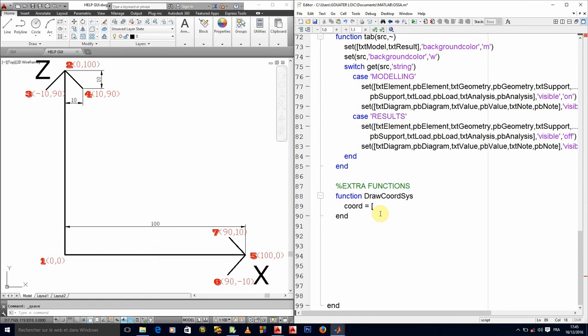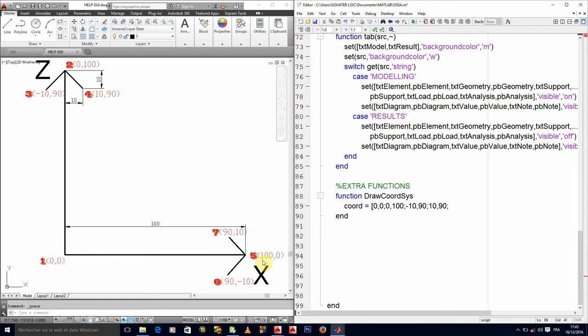So the coordinates have to be stored in the order in which they appear, okay? For node 1, I have 0, 0. For node 2, I have 0, 100. For node 3, I have minus 10, 90, sorry, minus 10, 90. For node 4, I have 10, 90.